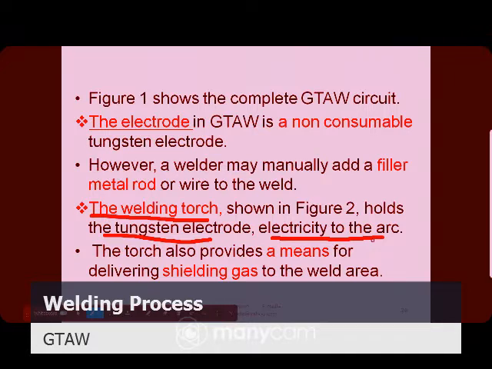In the torch there is a collet, which transfers the electric current to the electrode. So the use of the torch is to hold the tungsten electrode, conduct electricity to the arc, and provide the means for delivering the shielding gas to the weld area. This is a very important part of